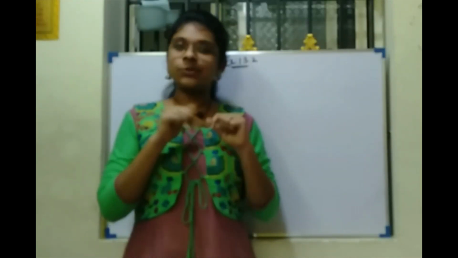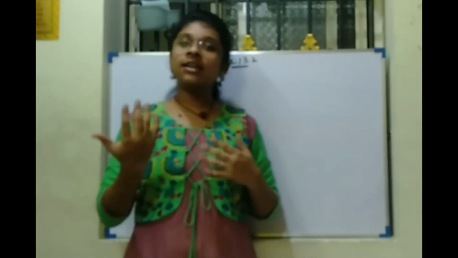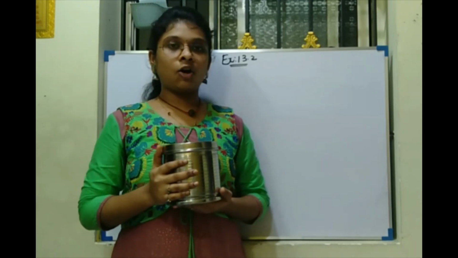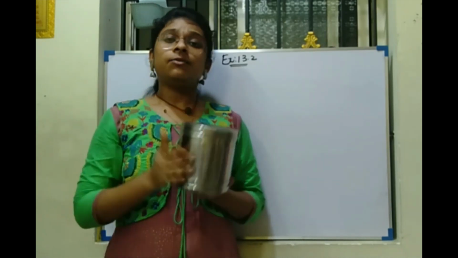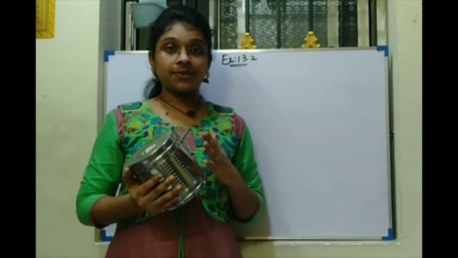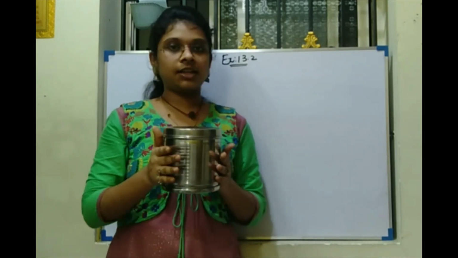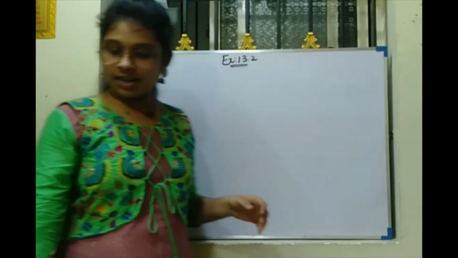In this exercise, we are going to learn how to find the total surface and lateral surface area of the cylinder. How can we find the total surface area of cylinders? Including the top and bottom and the curved surface will give you the total surface area. Curved surface area means except top and bottom, only the curved surface of this cylinder. Now let's move on to the exercise without any delay.